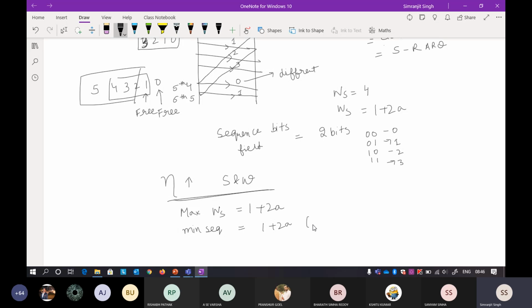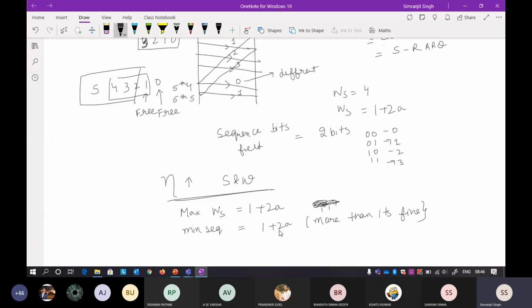More than that is fine, you can use more sequence numbers, like 5, 6, 7, but it will put a burden onto the header. It will increase the number of bits in the sequence number field of the header. So I'm saying minimum you can use 1 plus 2a, but you can increase the size as well. There is no problem in that.